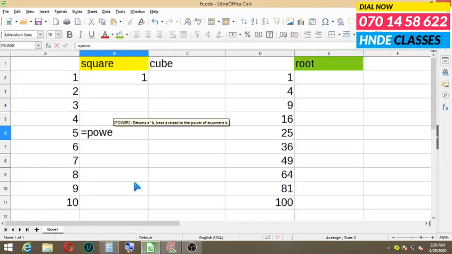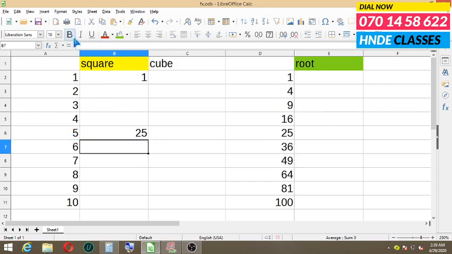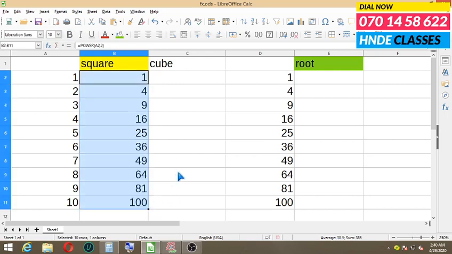When it pops up, hit enter, and now all you have to do is fill in the blanks. Select your base, comma, the exponent to which you want to raise. If you want to find the square, absolutely the exponent is going to be no doubt 2. Enter. So 5 into 5 equals 25. So you can just duplicate the formula.